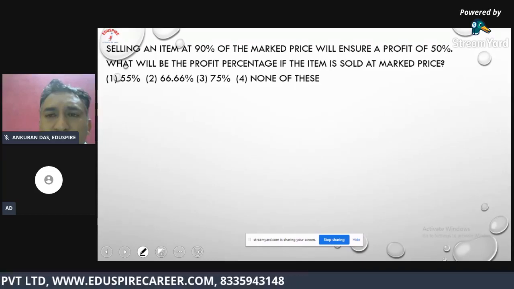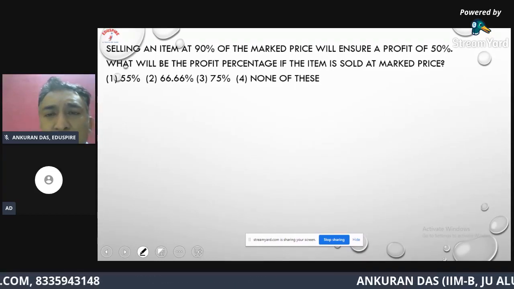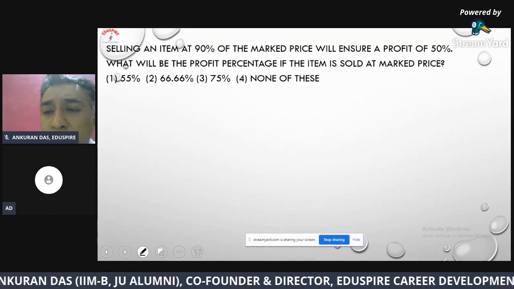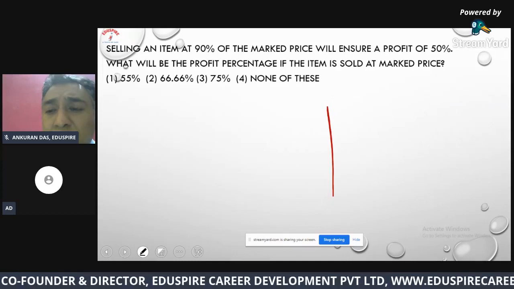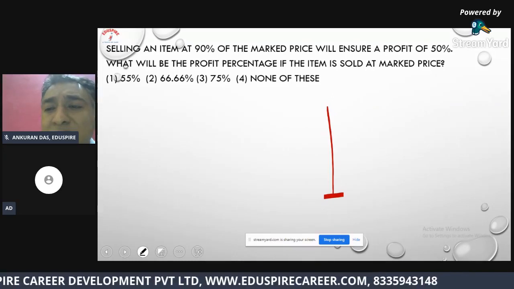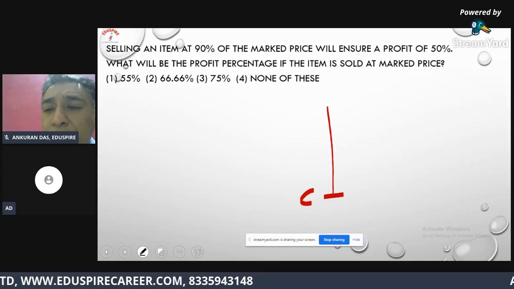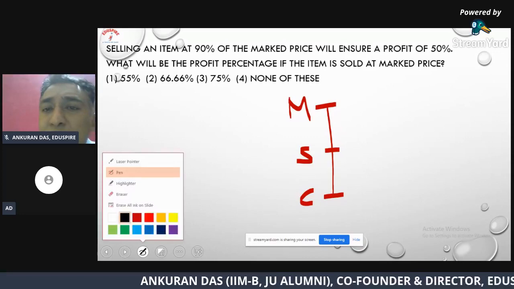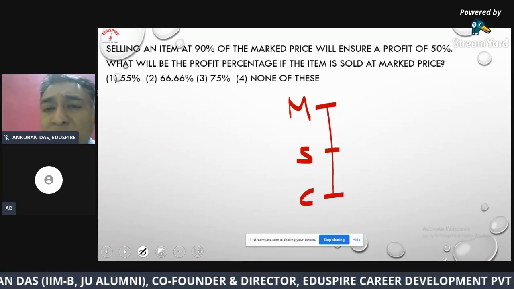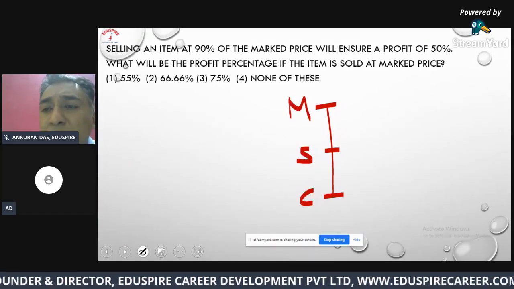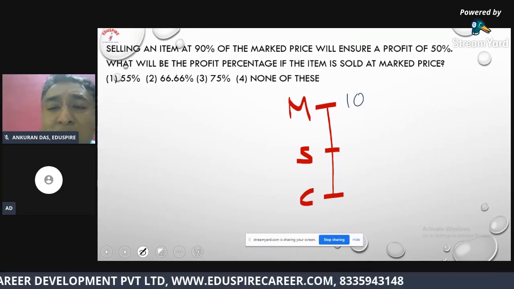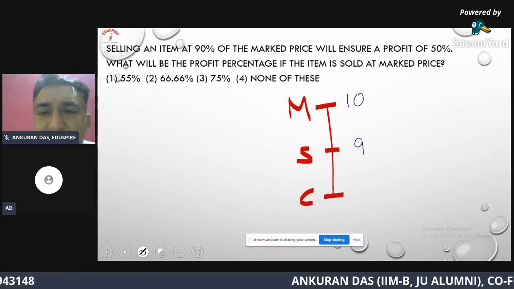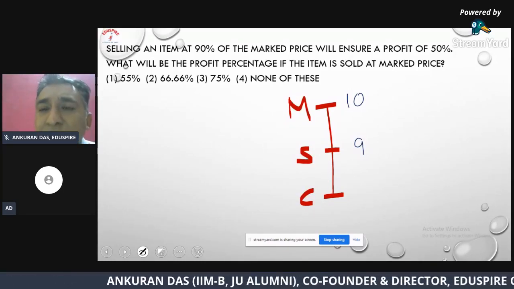Okay. Now, sometime back, I was referring to mark price. Remember, I was talking about discounts. This is one such situation where, let me first draw it, as I told you, if you draw it in the form of a diagram, it will look much, much easier for you to handle, right? So on one side, if you notice, they have said that it is being sold at 90% of the mark price. So I can definitely say that if the mark price is 10, then the sales price will be 9, right? That is the ratio of mark price and sales price, because the sales price is 10% less, or 90% of mark price.